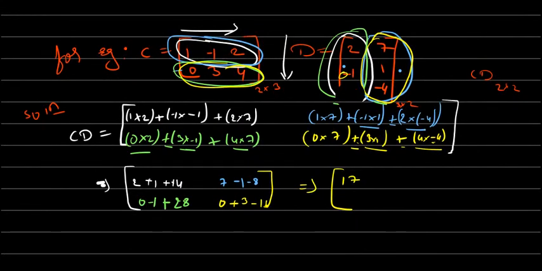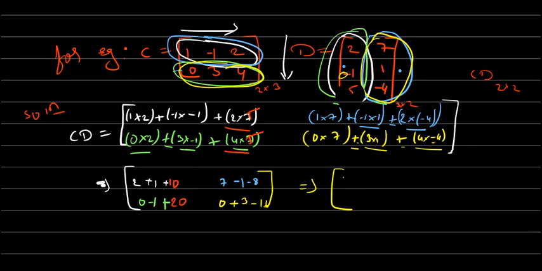Okay, 2 5s are 10. This will always come in this one. Here also it will become 5. Okay, and if it is here 5 it will become 10. And here you can see 2 5s are 10. Here you can see 4 5s are 20. So the answer which you are getting is,